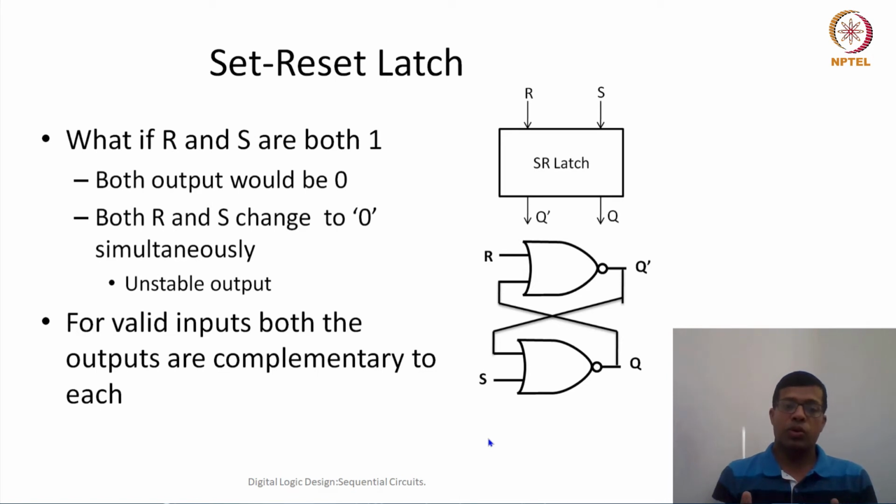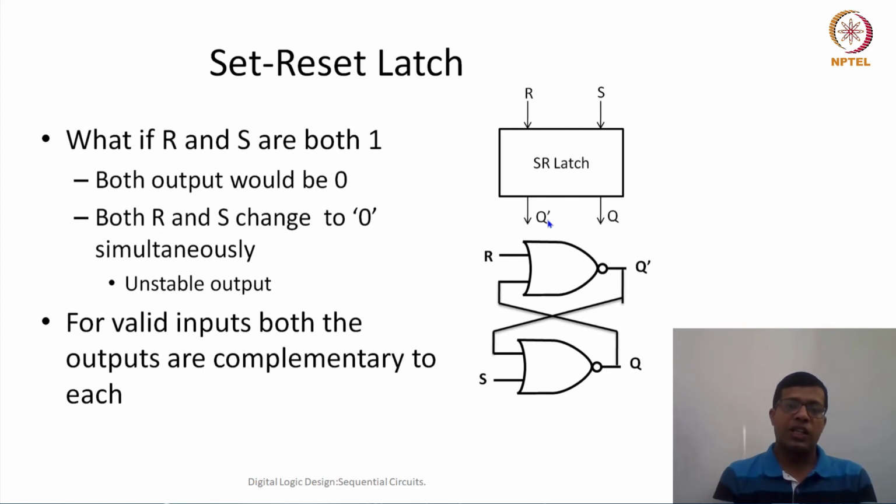Okay, let's try to recollect. There are two reasons. One reason is this instability in the output. The other reason is that by design we have seen there are certain advantages if one of the outputs is Q and the other is the complement of Q, so P is equal to Q bar. That helps us in the internal design of the RS latch.